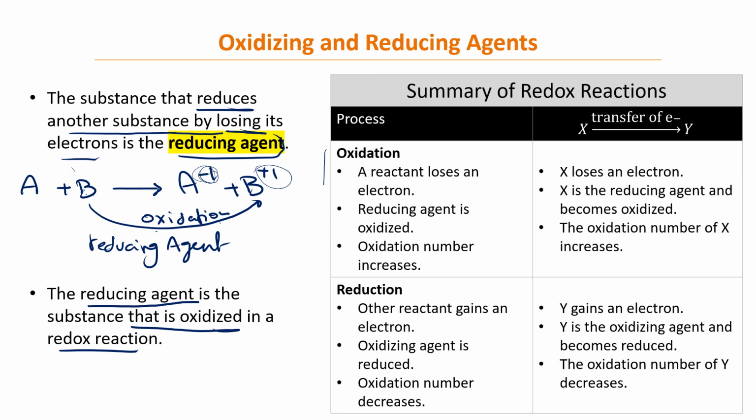Again, this is the definition, okay, which you can read in here, about oxidation, everything that's important in this section. In section 1, this is the very important stuff, this table, okay? So please read it, and it's the same thing that we talked about so far. In oxidation, the reactant loses electrons, and it's a reducing agent, and the oxidation number increases. وفي مثال هنا ما بين X و Y. Reduction, the reactant gains electrons. If it's reduced, it will be an oxidizing agent, and the oxidation number decreases. Okay.